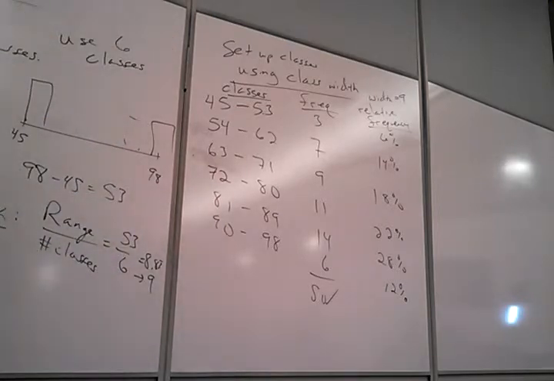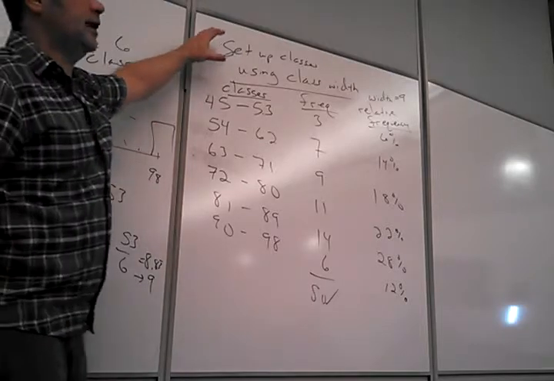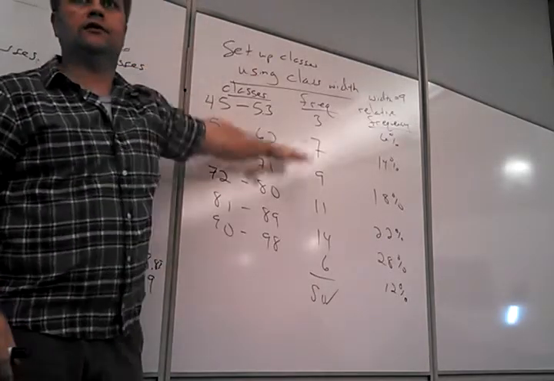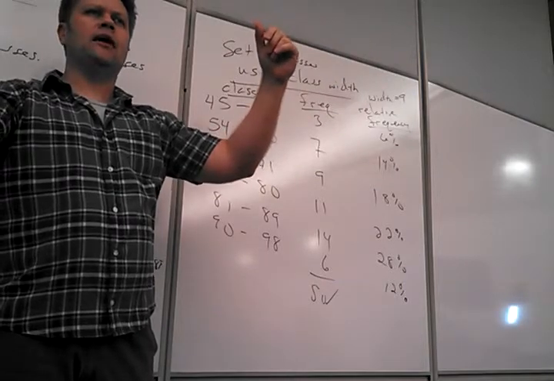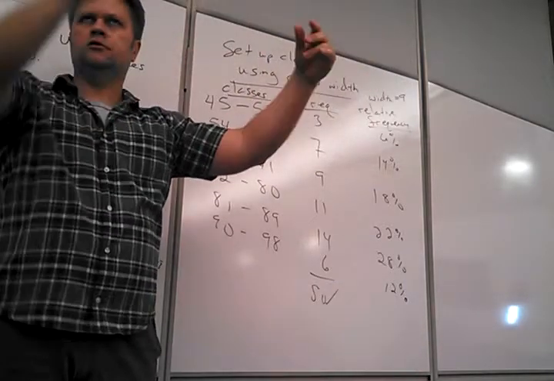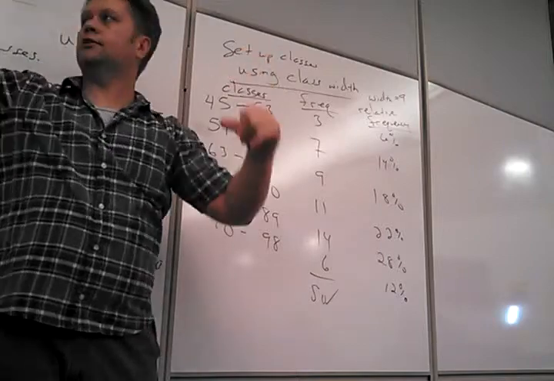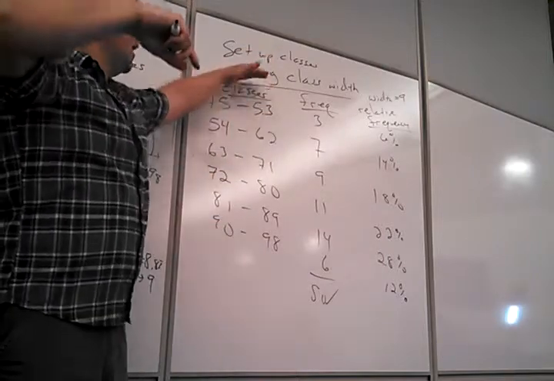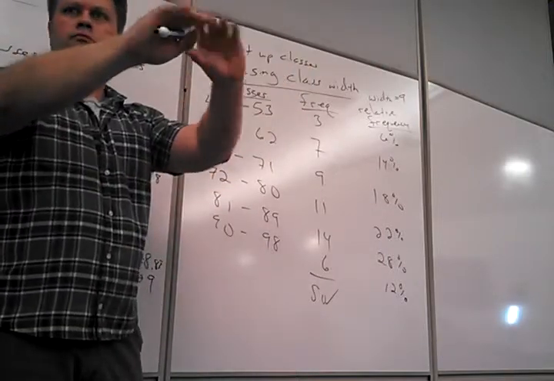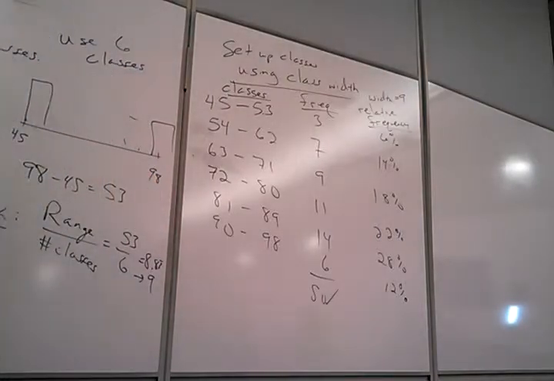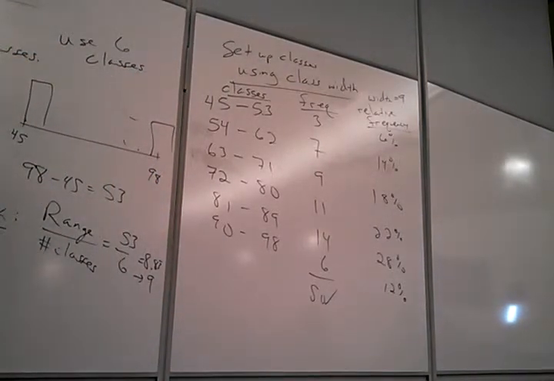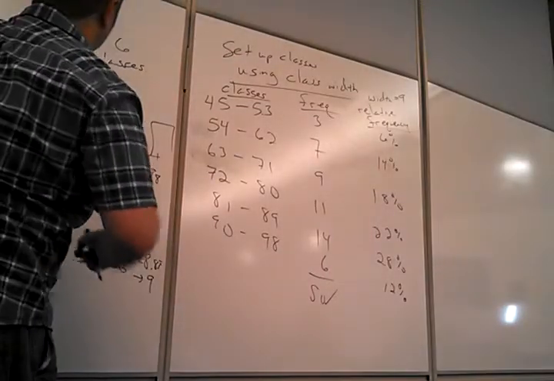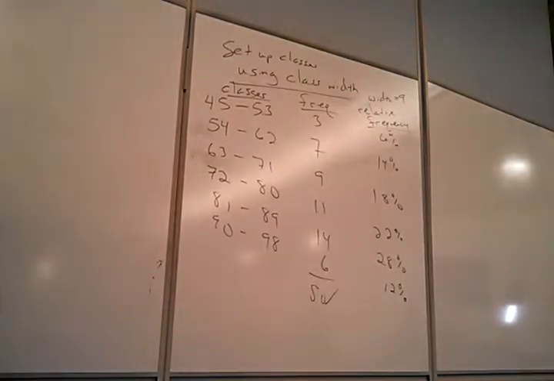Okay. So this is exactly what section 2.2 is going to ask from you. It's going to give you a list of data. There are also data sets in the back of the book it might refer to. So you look at the back of the book and you just do the data just like we did up here. You make the table, that's section 2.2. Section 2.3 will say, look back at what you did on this problem. Now set up the histogram. Oh, before I get too far away,